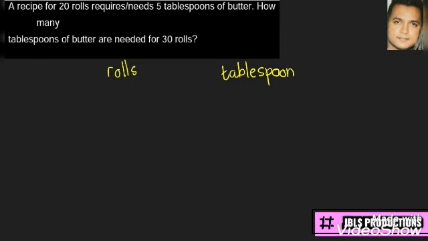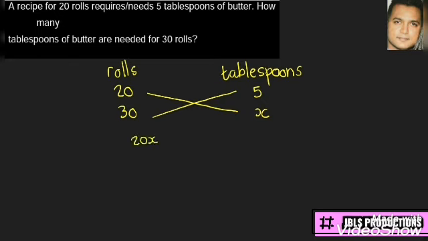The next thing we will do is indicate as is in the story. We see that there is 20, and that 20 is using 5 tablespoons. Then we read further that there are 30 rolls, but they need to know how many tablespoons. Clearly we can see that this is a cross multiplication question. So we cross multiply, right, in order to work out the X. So cross multiplying will be 20 times X, which will be 20X is equal to, and 30 times 5 is